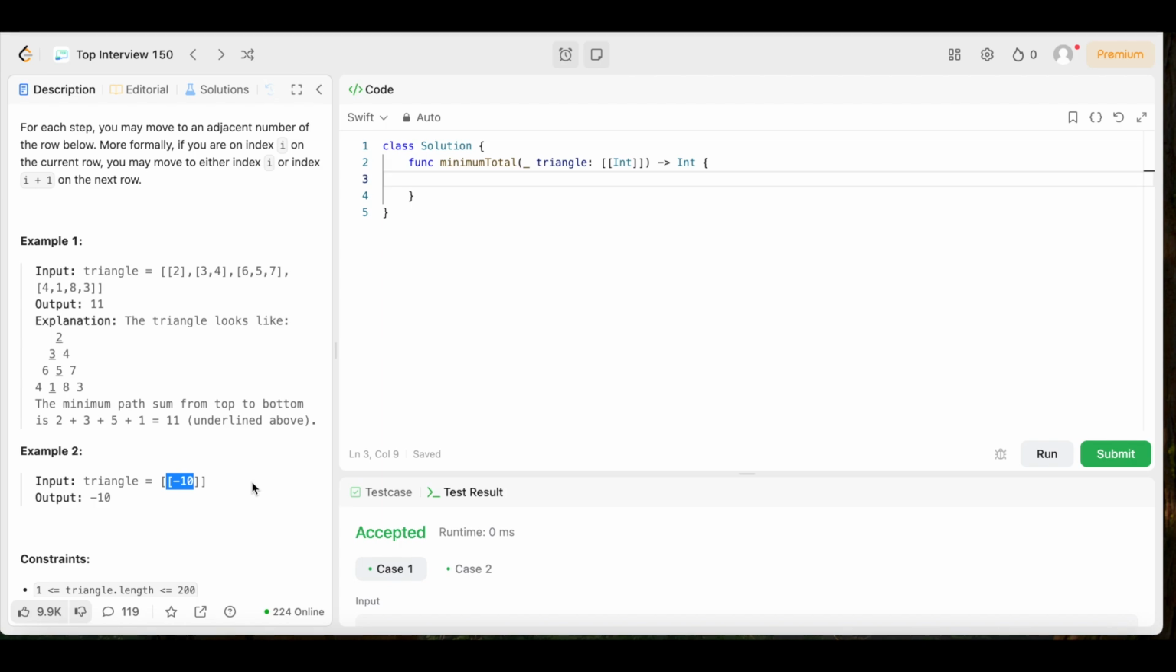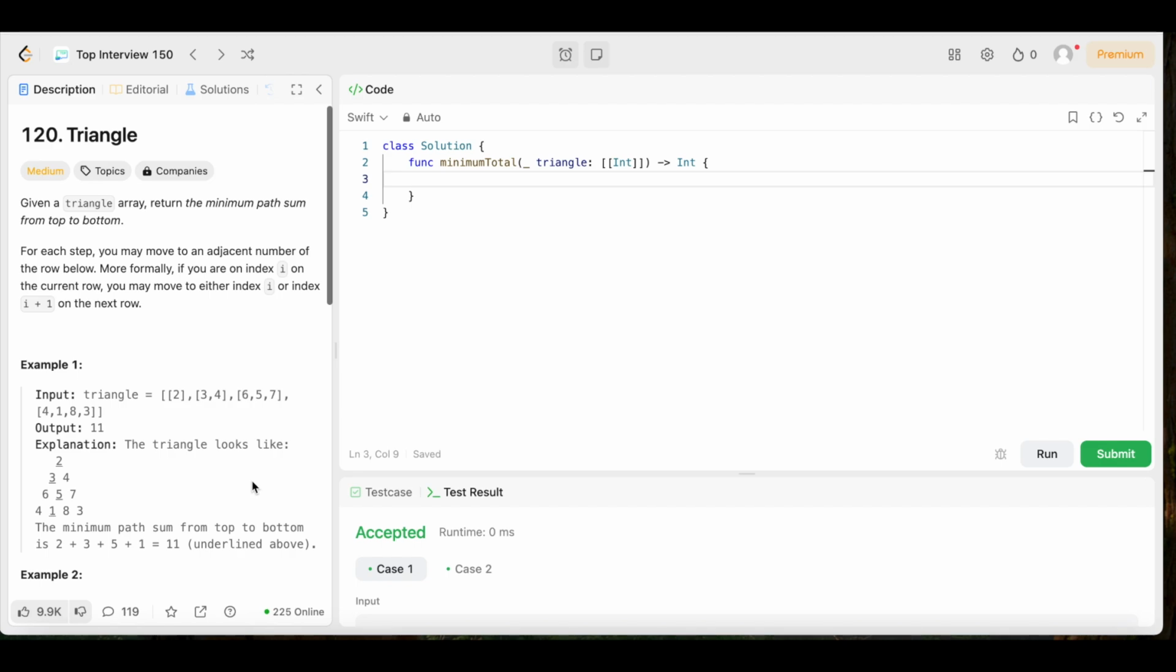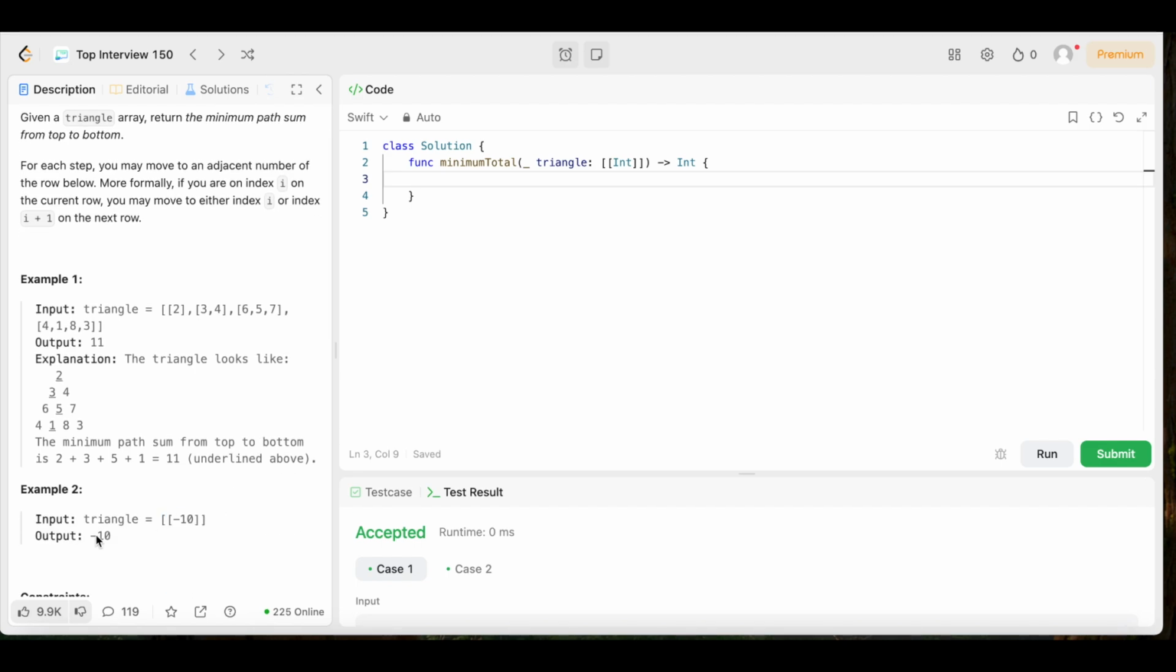And since there's nothing else to add to it, then that's the smallest, or that's the minimum path sum that we can create. It's just -10, and that's why the output is -10. So now that we understand the question and what it's asking us to do, let's get into the fun part,